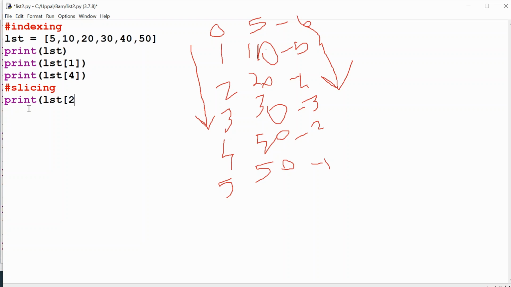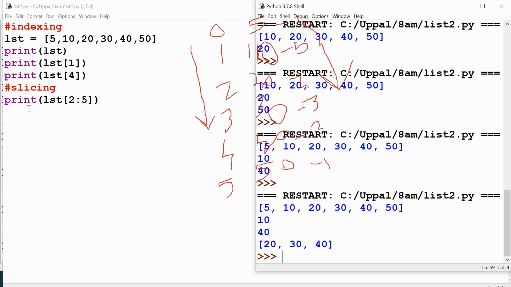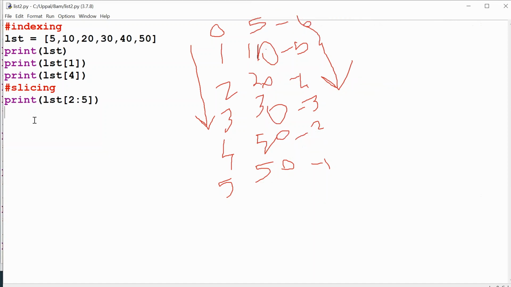Very good. 40 index is 4, so you have to give 5. So 20, 30, 40, correct. Now I want 30, 40 in the reverse indexing. You please tell me.